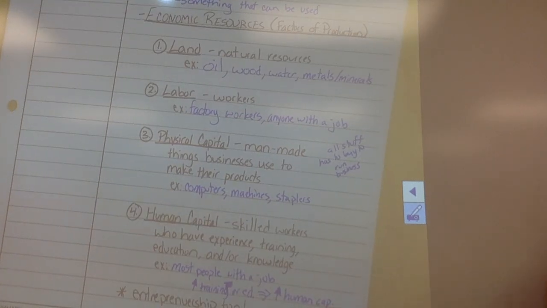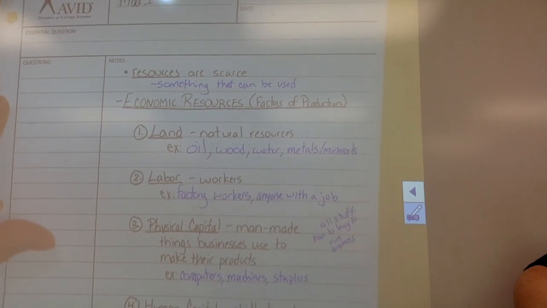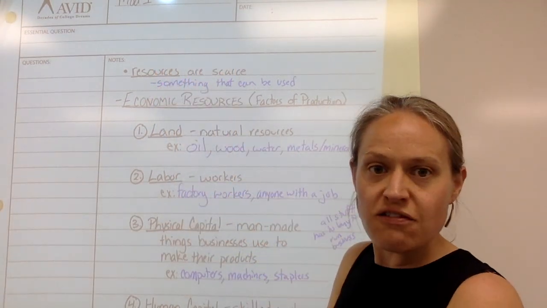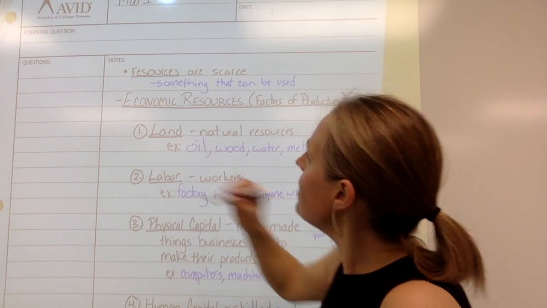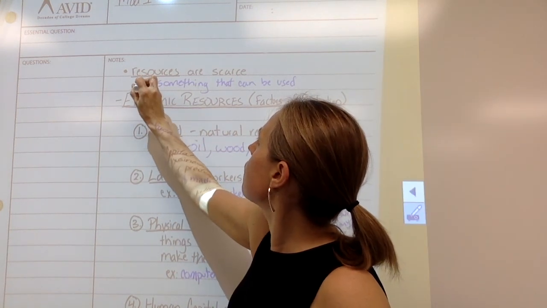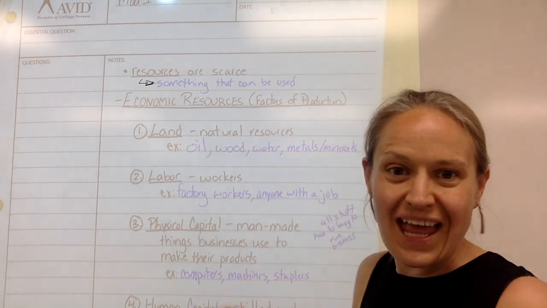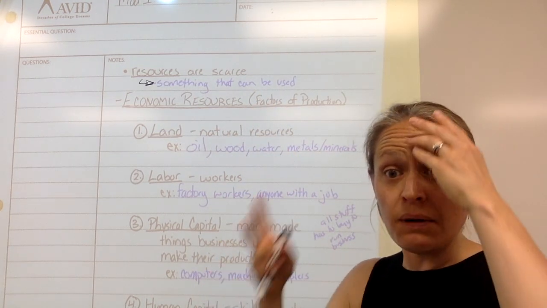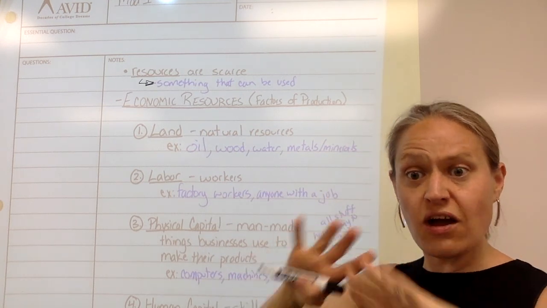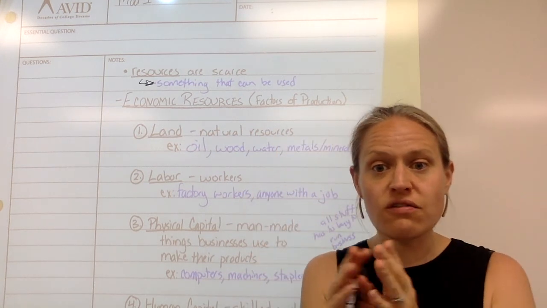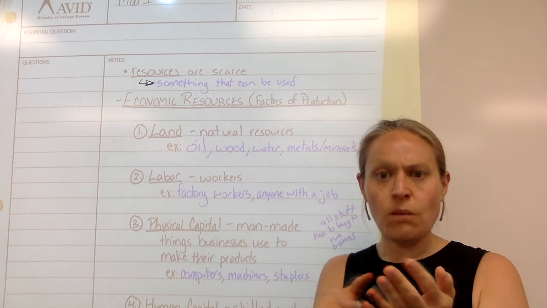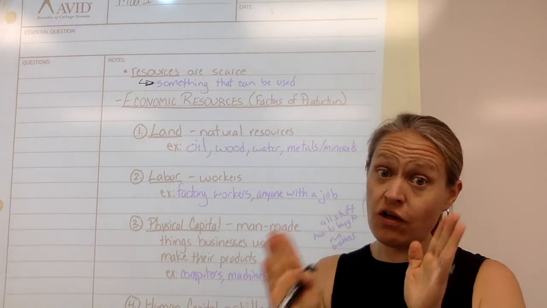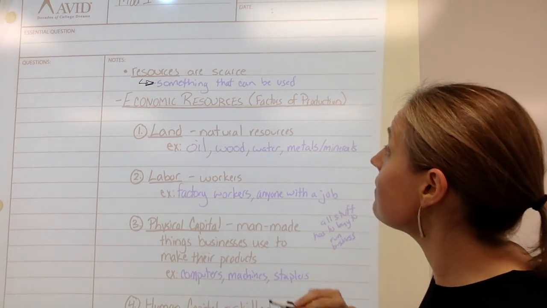All right, so we're on Module 1, page 2. Here we go. It says here, resources are scarce. Well, the definition of a resource is something that can be used. We often think of resources as money, but businesses, or the economy as a whole, will think of resources as materials, machinery, and workers are also an important resource. In fact, let's get into that right now.